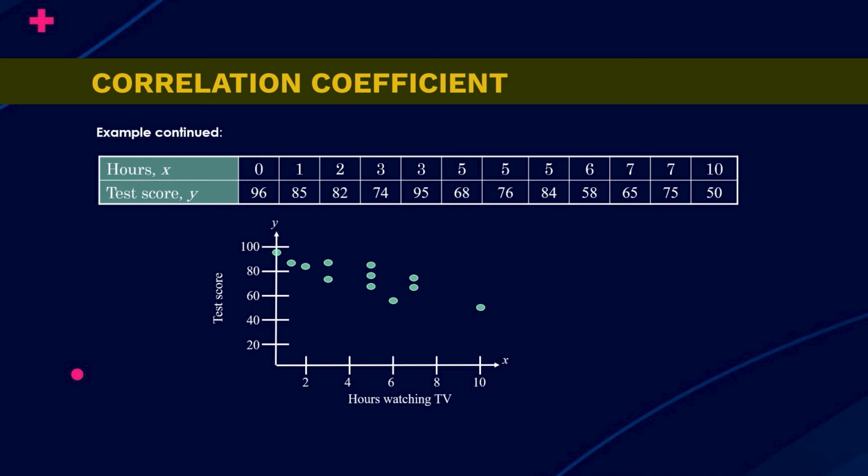I think we find out the value and calculate. So now the negative value is coming. So there is a strong negative linear correlation. As the number of hours spent watching TV increases, the test scores tend to decrease. That is very true, because if you spend so much time watching TV, you are not in a position to emphasize more on your studies, and ultimately your class performance, your test performance is going to deteriorate.